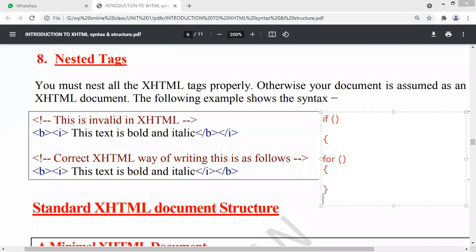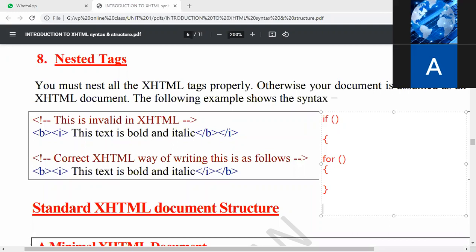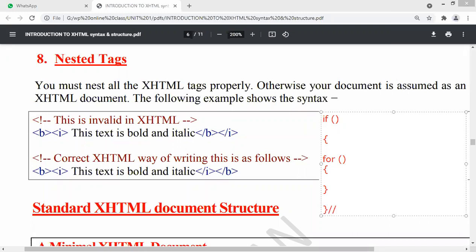And I forget to close the if, and I complete the closing of the main program. So what is going to happen here, guys? For this opening bracket, there is no closing bracket. This is a closing bracket of the main method.